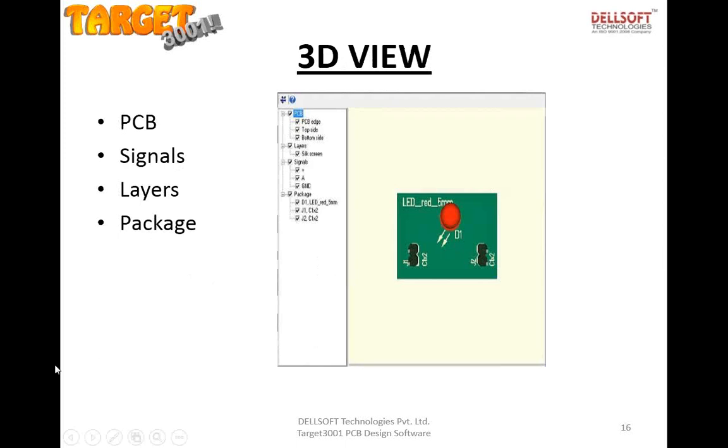So just go to 3D view. After creating a layout, you can go to the 3D view option. There is available. So when you click on 3D view, after creating a circuit, completing a circuit, you can see in real time how it looks. 3D view is automatically created, right? Yeah. There is a tab available, 3D view. When you click on this, you can have the 3D view of that circuit which you have made.